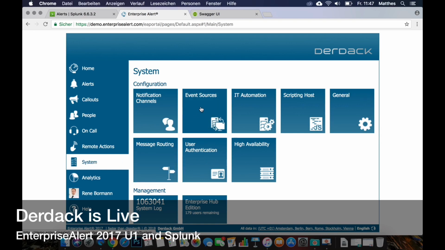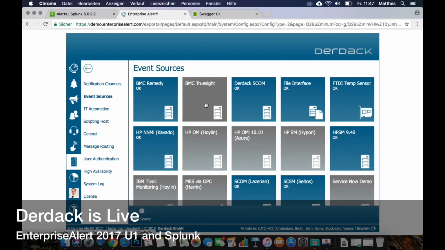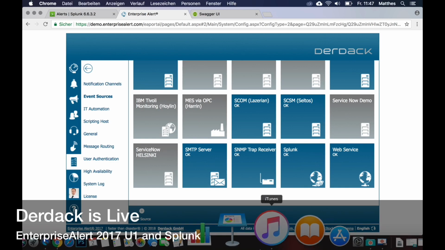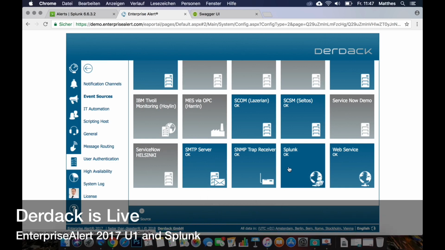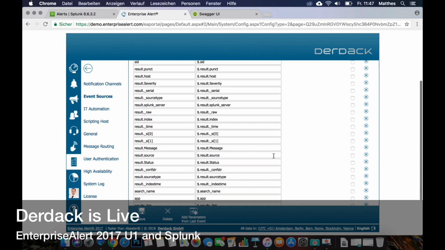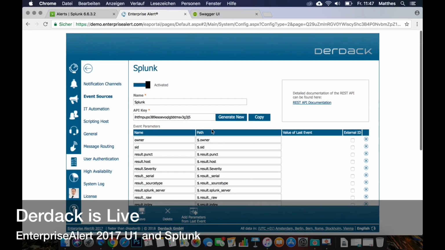So far, in our event sources, when we click here on the system, event sources, you can see I have created a new tile here. That's a new source that we can create in Enterprise Alert, Update 1 for 2017. This is new. And we can explore the one that I've created, or I will also show you how you can set it up from scratch. So here under details, you can see the configuration for the endpoint that Splunk will send